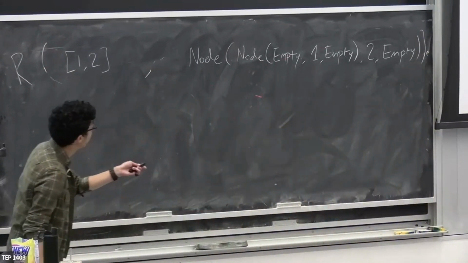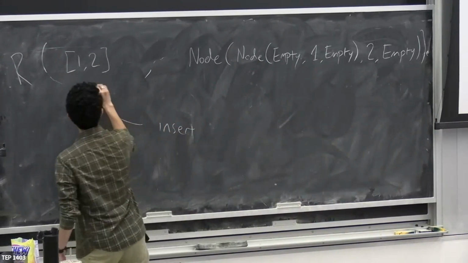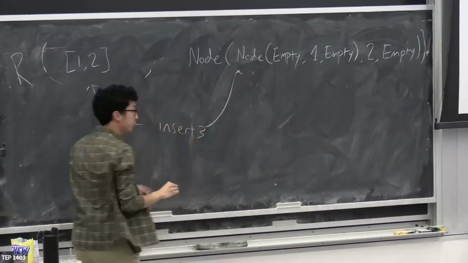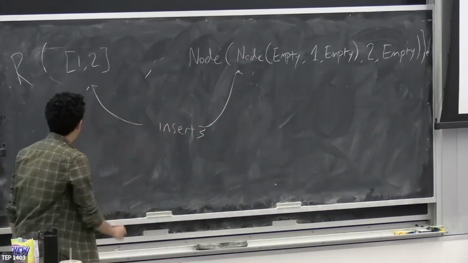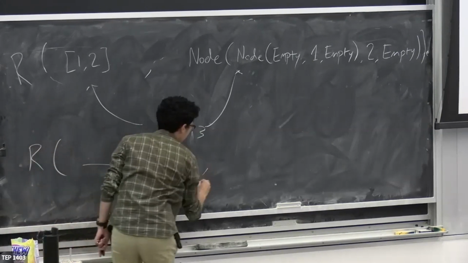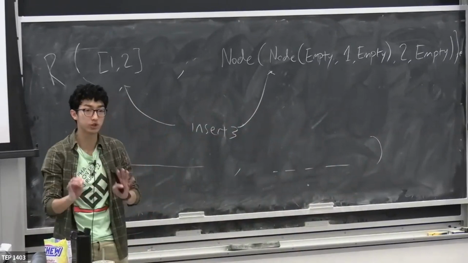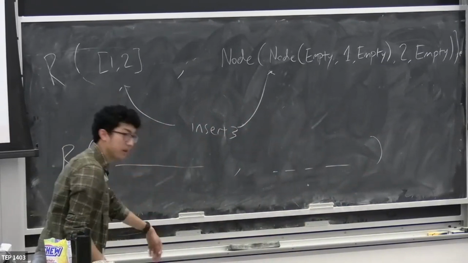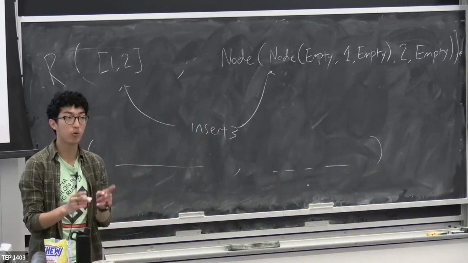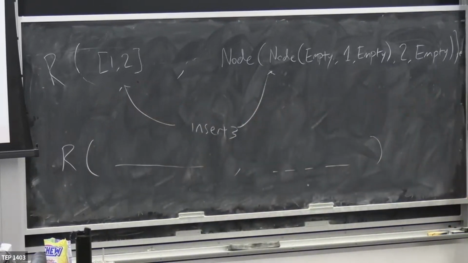And I can show that no matter what I do, if I do an insertion of 3 to both, and these would be different insert functions. It would be the list insert function here and the tree insert function here. I can prove that the outputs are still related, whatever the result would be. And then I can prove that no matter what happens, I always get the relation preserving. And because the relation is preserved, mem is going to give the same output no matter what I do, as long as they're related. So like mem of 2 is going to give me true here. It's going to be true here. And it's also going to give me false if I do mem of 3 on both. Okay, that's the idea of the